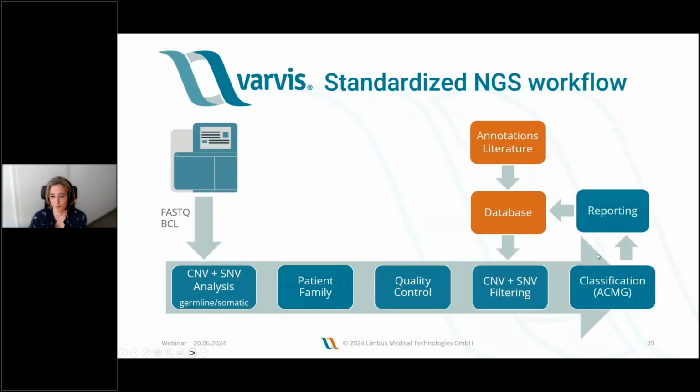So the variants that have been reported at the end are transferred to your in-house or local database in varvis, and this information can then be used to classify the next analysis. So if I classify a variant today as pathogenic, and tomorrow in the analysis I will see that this has been classified as pathogenic before, I can use this information in the next case. Also, annotations from external data sources are maintained automatically, and this also gives a very nice feature,